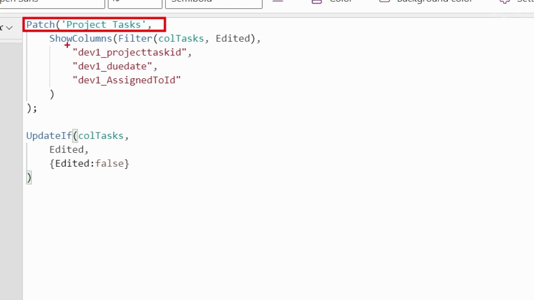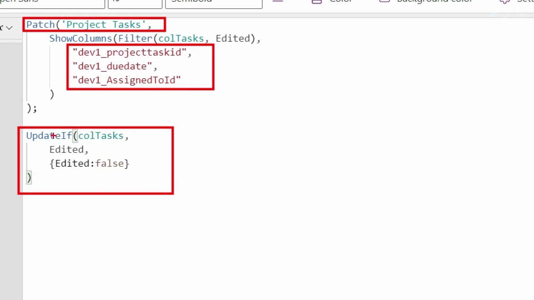And we will only patch these 3 columns. So you need obviously the project task ID, because that's the column that will identify in Dataverse with the unique identifier, and then the due date and the assigned to. And then lastly, what we can do is we can then set the edited to be false. So the asterisk will now be removed.